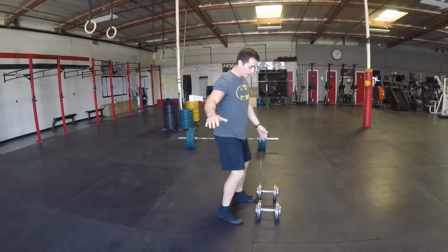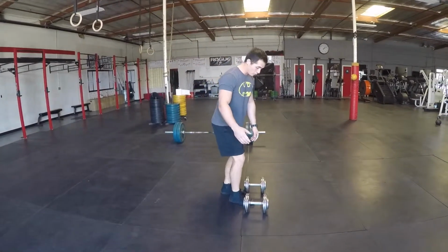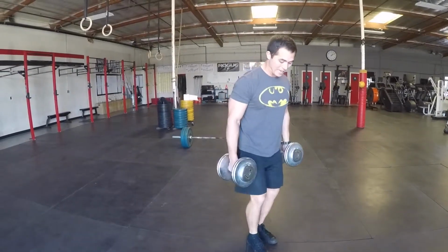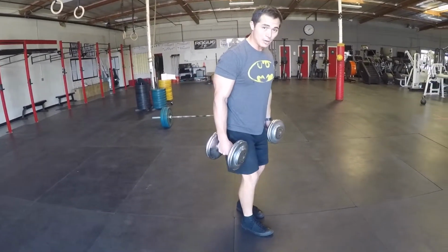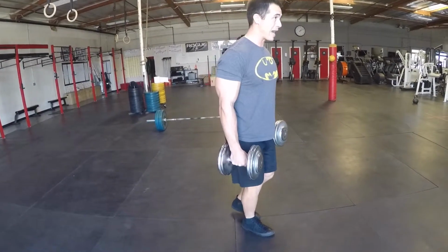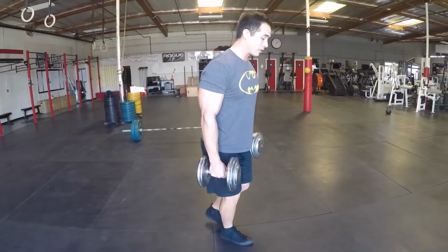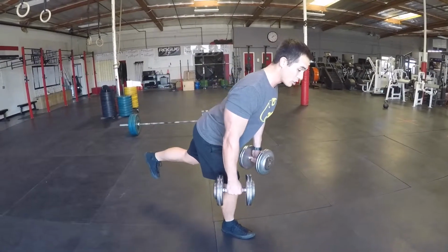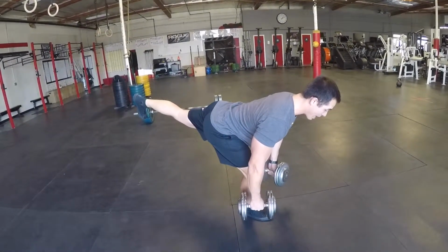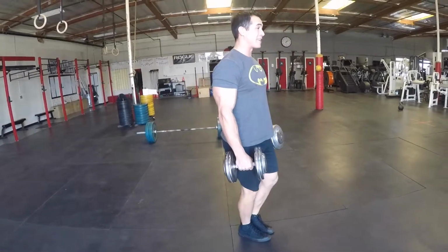So really quick for the setup, this is a single leg exercise. So first things first, you're gonna make sure you have that down leg, whatever your down leg is, balanced over your midfoot. A soft bend, you're gonna peel the shoulders back and together. And then the back leg, there's gonna be extension as you hinge strictly only in the hip. This back leg gets a good kick, so you're activating that glute, and then you're going to stand nice and